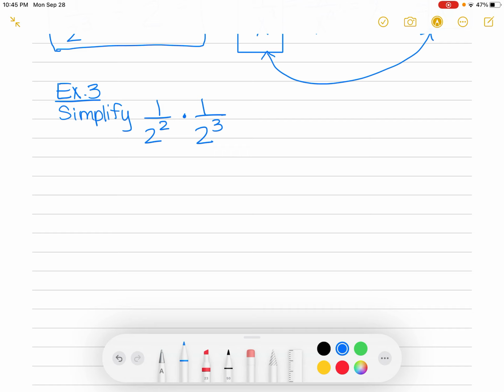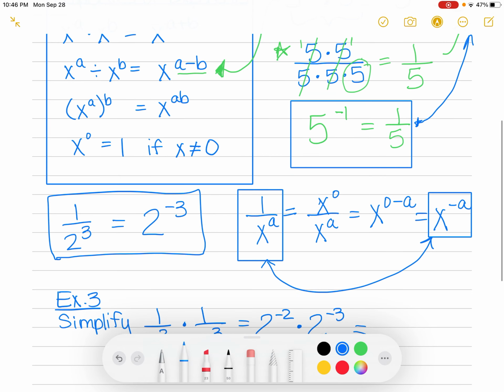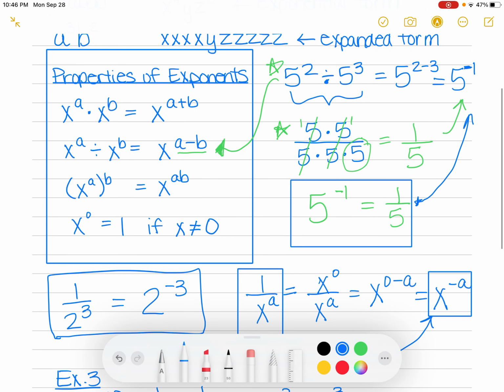You can change this to be negative exponents. That makes it a little bit easier to look at. 1 over 2 squared would be 2 to the negative 2, and 1 over 2 cubed would be 2 to the negative 3. Okay, well this, when you're doing times, if you look back up here on our properties, here's the times one,